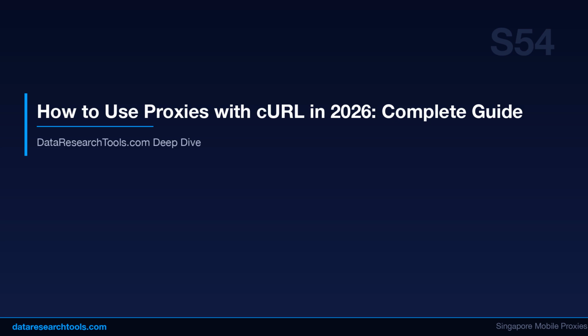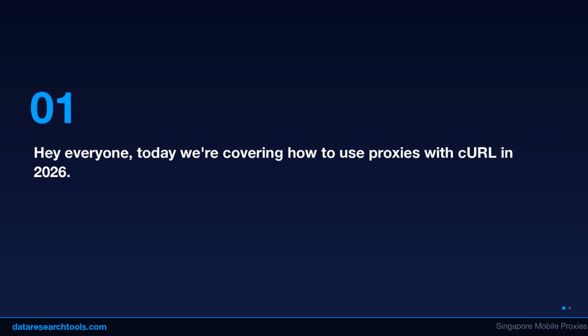Hey everyone, today we're covering how to use proxies with cURL in 2026, an automated HTTP client. It's installed on virtually every Linux, macOS, and Windows system, and it's the tool developers reach for first when testing APIs, debugging network issues, or writing quick shell scripts. Adding proxy support to your cURL commands is essential for testing from different IPs, bypassing geo restrictions, and building reliable